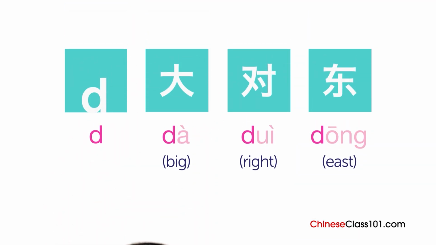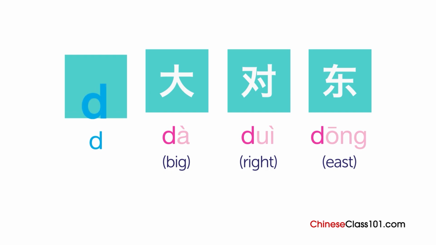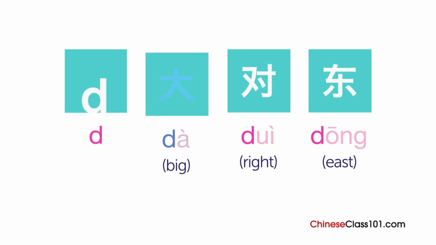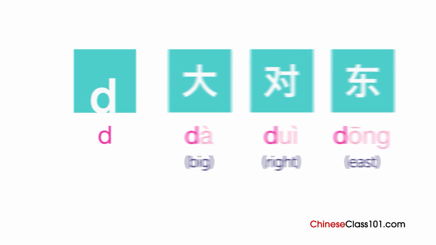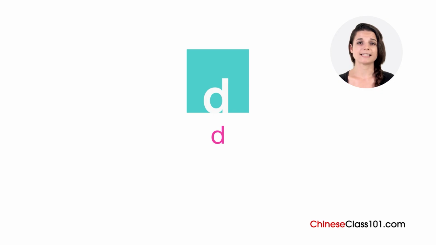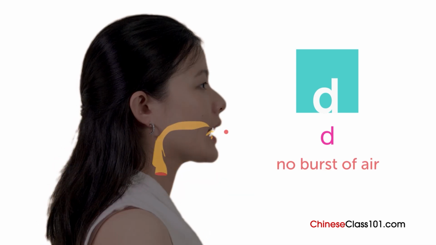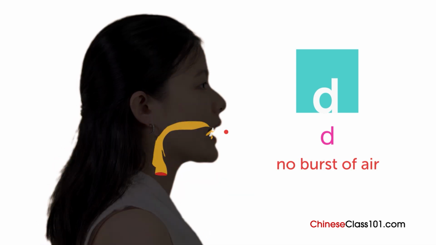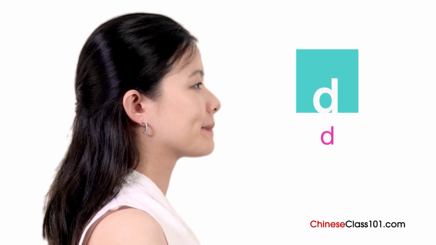The next consonant is d, 大，对，东。 This isn't a hard D sound. This is the unaspirated version of the T sound as it occurs in the word stand. 的，的，的。